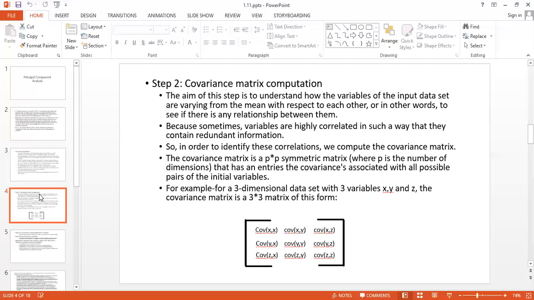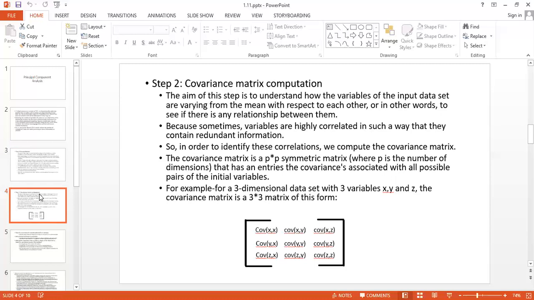So in order to identify these correlations, we compute the covariance matrix. Covariance matrix is a P by P symmetric matrix, where P is the number of dimensions, that has as entries the covariances associated with all possible pairs of the initial variables.